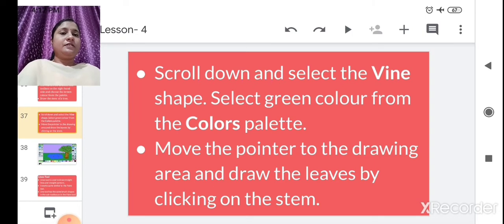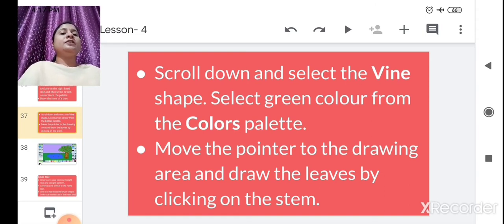After selecting a vine shape, select green color from the color palette. For what purpose? To give the leaves on that stem.